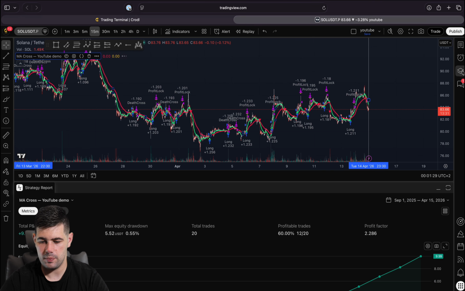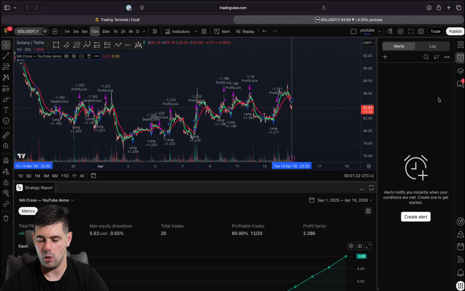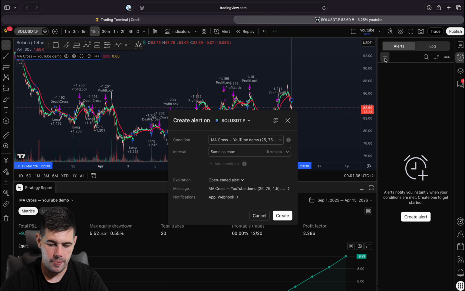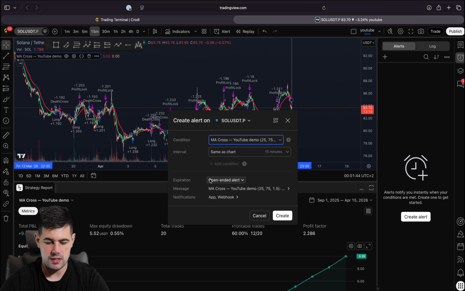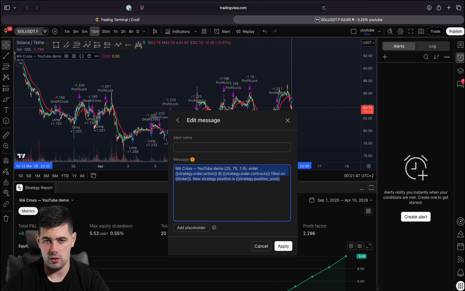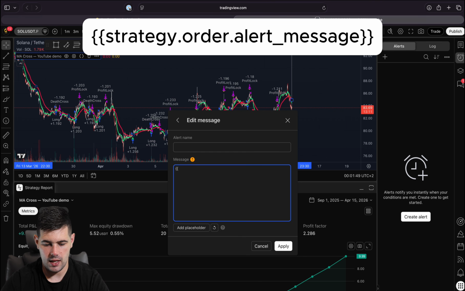I'm going to close this alert panel and then click here on this alert box. So right here we can see a plus icon, and that's what we want to click. And we need to make sure that we have selected this indicator right here. Now this is already selected. The next thing that we want to do is go to the message box, and we do the following. So we're going to say